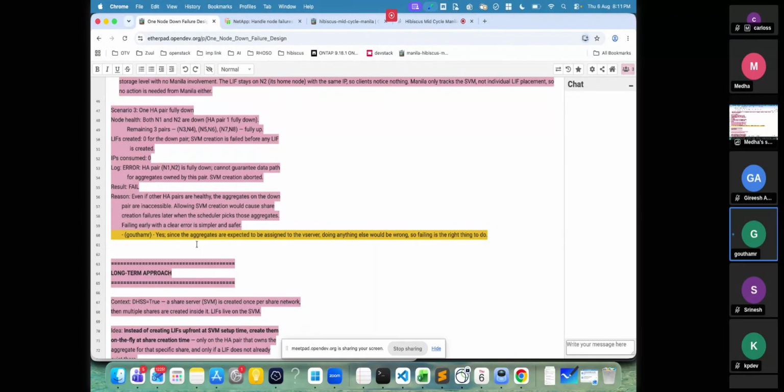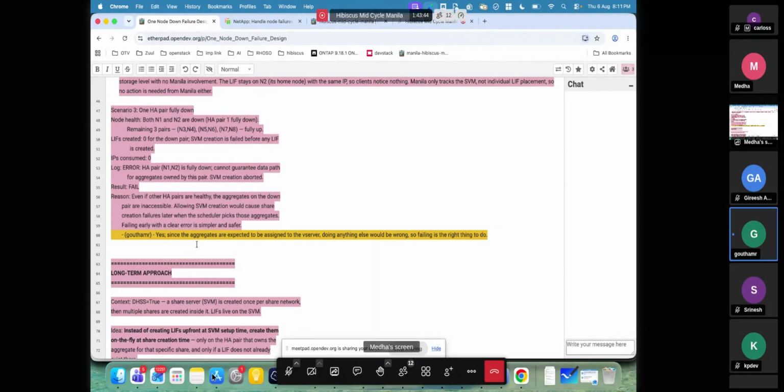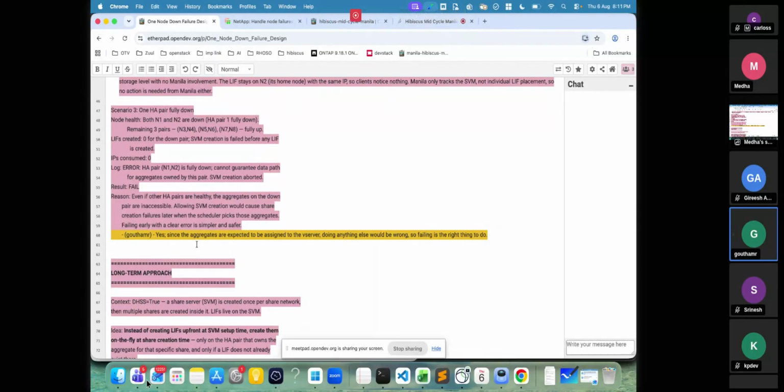Whether you use them or not is the optimization you're doing: you're waiting until share creation time to actually use them. That sounds fine to me.